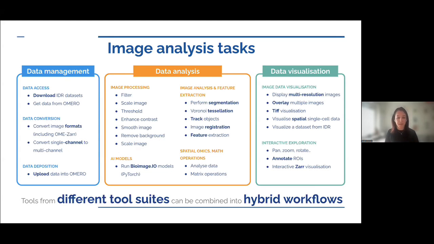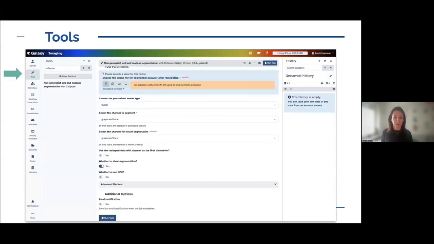We also have incorporated recently the bioimage.io models. So basically there is a tool that can retrieve the models from bioimage.io and run these AI models there. And they're also covering other communities that are related somehow, like the spatial omics community. So that's more or less an overview. I know there is a lot of information here, but that's more or less an overview of the things that you can do right now.